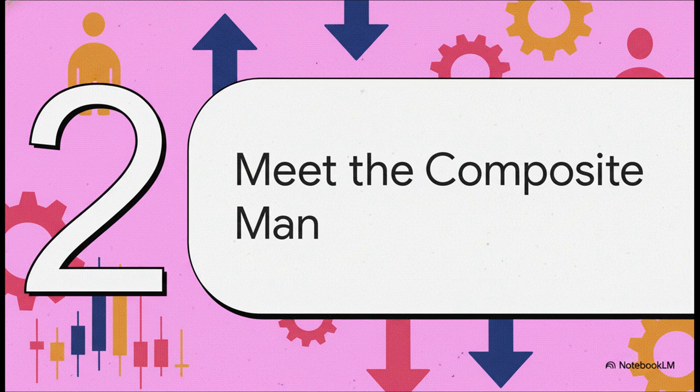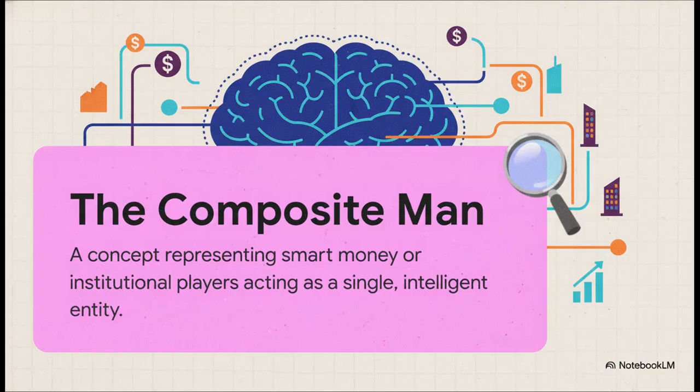So, to really wrap our heads around this why, Wyckoff came up with this brilliant, kind of genius idea. He created a powerful metaphor, a central character to help us understand the market story. It's time for us to meet the Composite Man. Now, before you start looking for this guy on social media, he's not a real person. It's a mental model. Wyckoff said, hey, let's pretend the entire market is controlled by one single super intelligent entity.